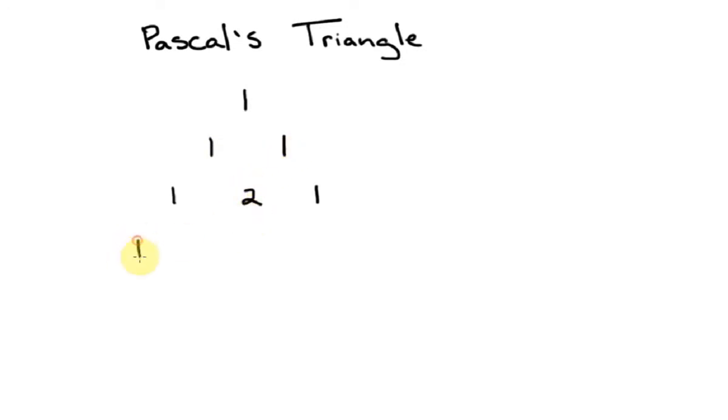Then I carry on to the next row with outer 1s. Now in here there'd be a 1 and a 2, so they add up to a 3. Same thing over here. Now we can go another row here, 1, then this would be a 4. 3 and 3 makes 6, 3 and 1 makes 4, and then the outer 1, and this can go on